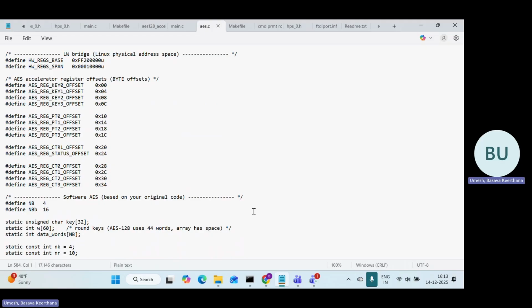After programming the FPGA, I boot Linux on the DE1-SoC. I copy my compiled HPS application binary onto a USB drive and run it on the board. The executable is built from aes.c using the ARM cross compiler, producing aes_demo. Now I'll explain what the HPS program does step by step. When I run ./aes_demo, which is generated by the make command in the embedded shell command prompt,